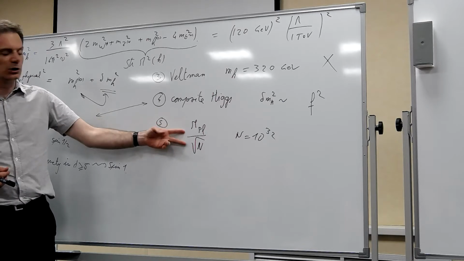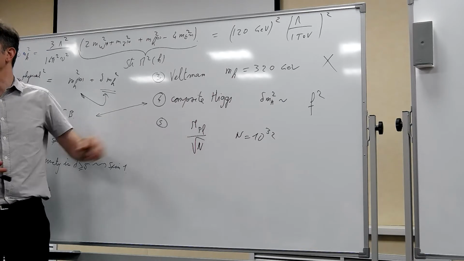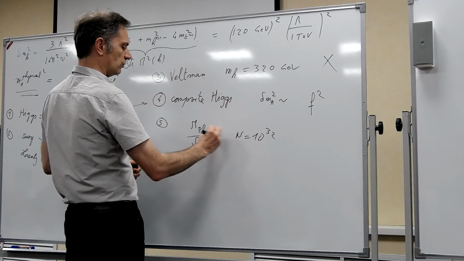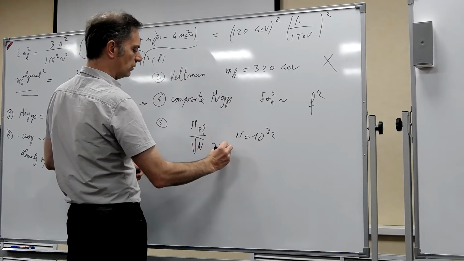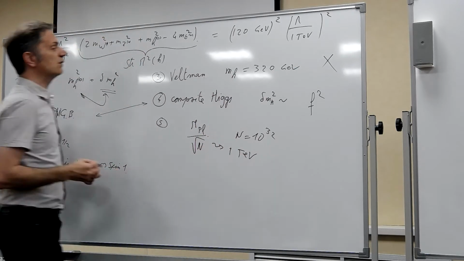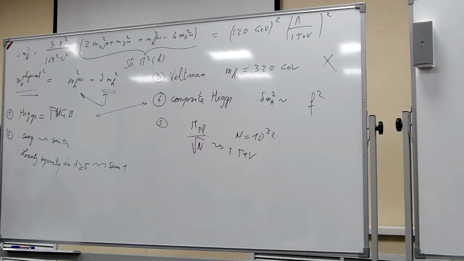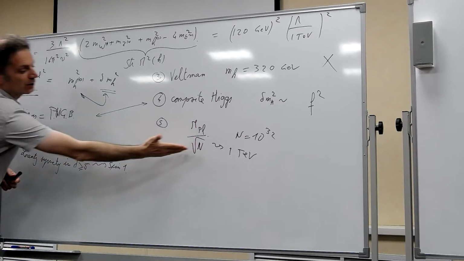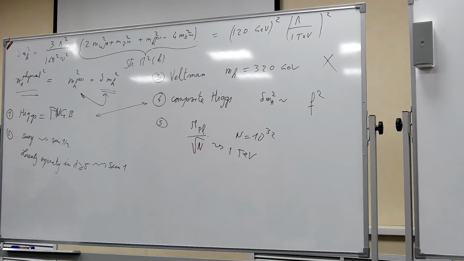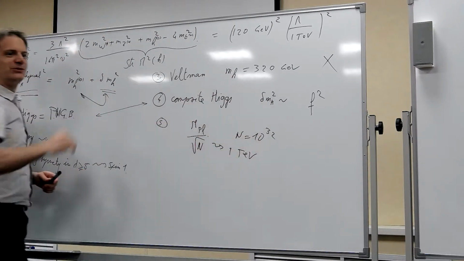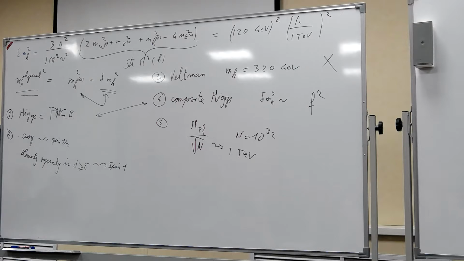There is also something which is maybe related to this. It's called the anthropic principle, which is coming again from string theory. It says, well, at the end of the day, yes, there is fine-tuning, but it's just an accident of nature, and it can happen simply because there are many universes. I don't know. For me, it's not a solution to the hierarchy problem, but maybe we have to accept it,